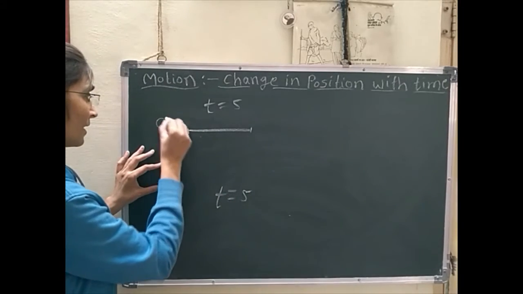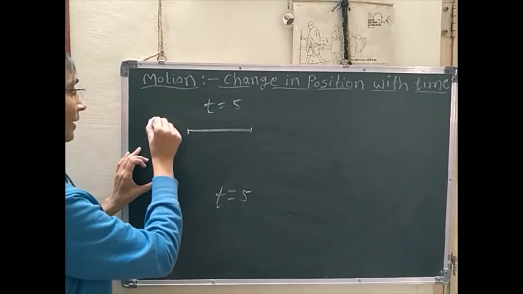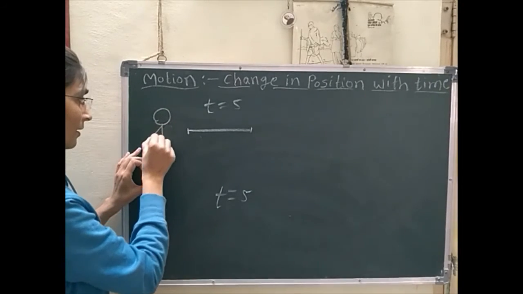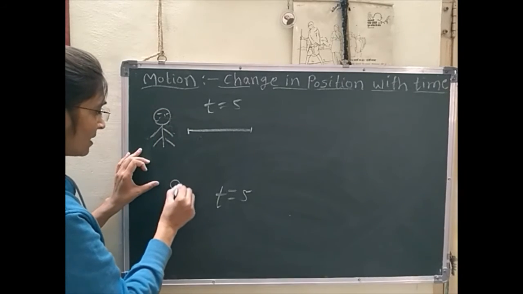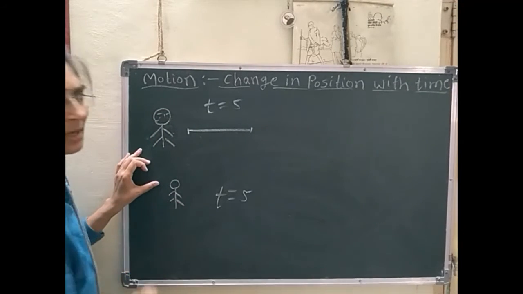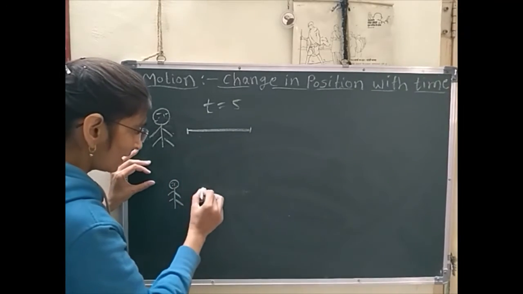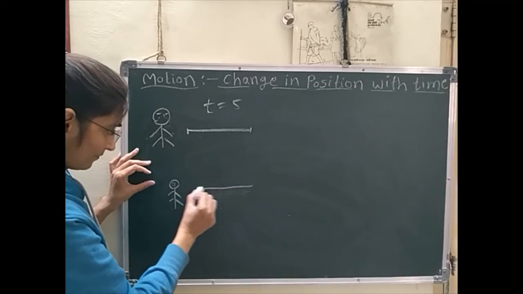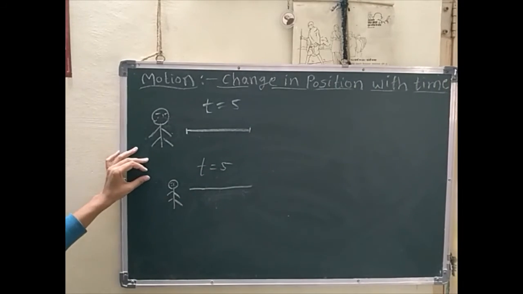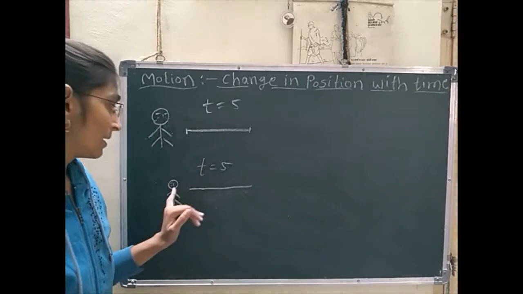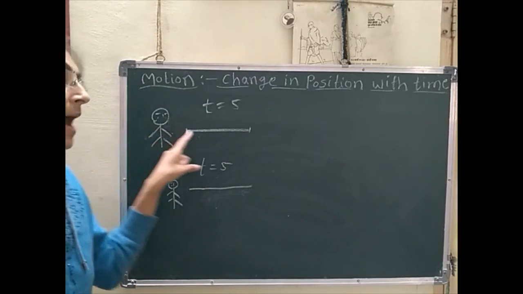And the two different guys: one is very healthy and another is very thin. So if I tell them to move from this place and travel for 5 minutes, मतलब 5 minutes मैंने उनको जाने के लिए बोला,